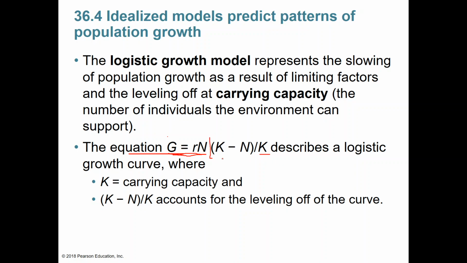But then we have this other part of the equation that accounts for, and we're not going to go into how this equation was developed, but this part of the equation accounts for that carrying capacity. So the capacity of the environment to sustain a number of a species, the maximum number that an environment can sustain or carry. I don't know why they change it from a C to a K, I think because C is used for so many other things in math, but that K represents the carrying capacity.